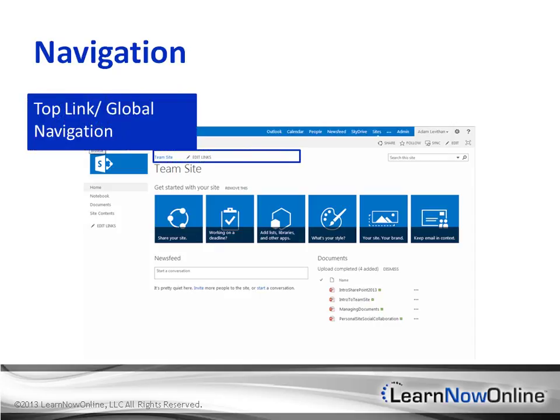First, we have the top link global navigation. So in SharePoint, we like to call this the top link. That's not really the common language. More commonly, it's called global navigation. The term global navigation is used because most often, this top navigation element is used across multiple sites. It doesn't have to be, but usually it's global across multiple sites so that you can go from one team